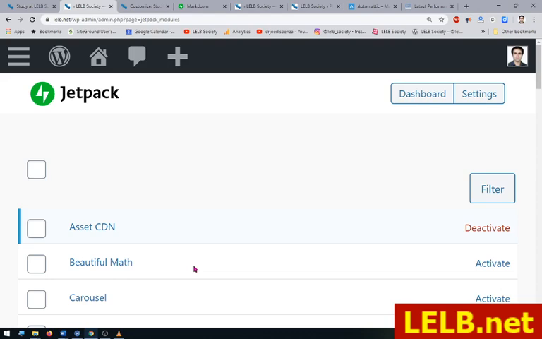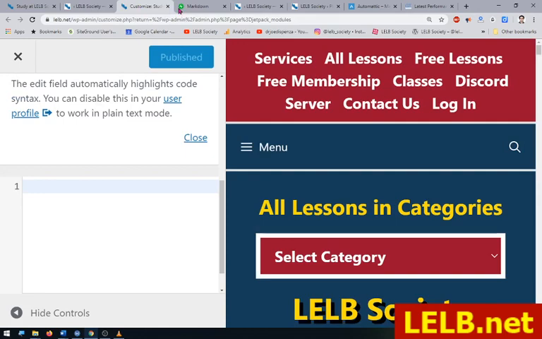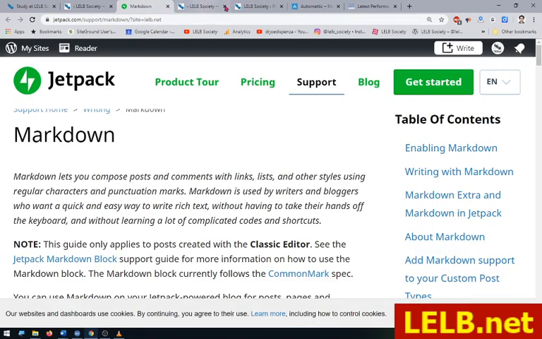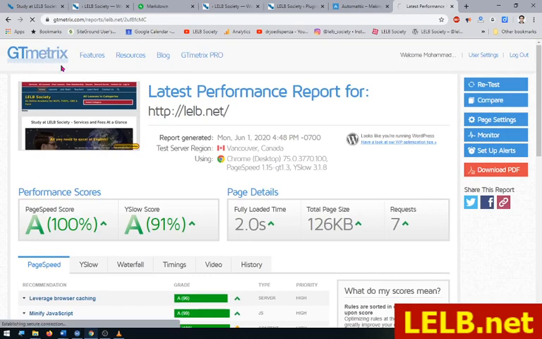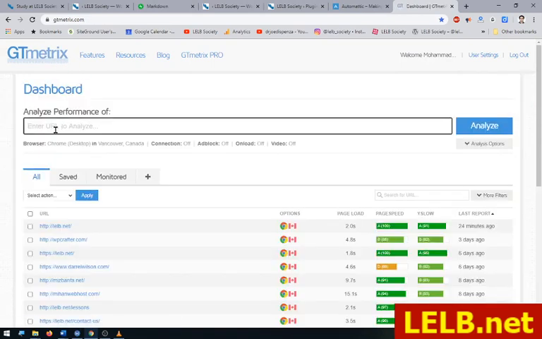And I try to take care of the security of my website from other perspectives, not just the protect module. And let me give you an overview of the speed of my website on GTmetrix. Let me run GTmetrix, and yeah,